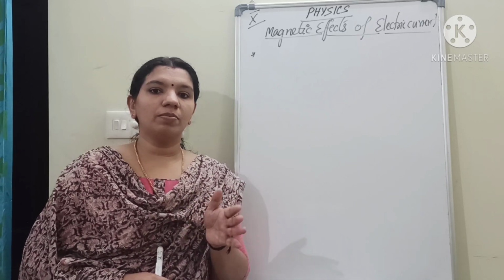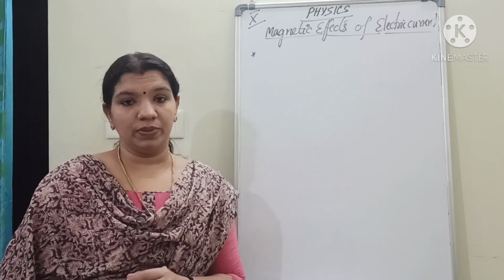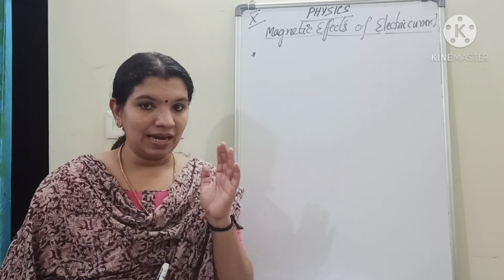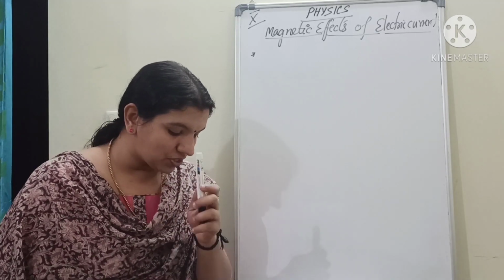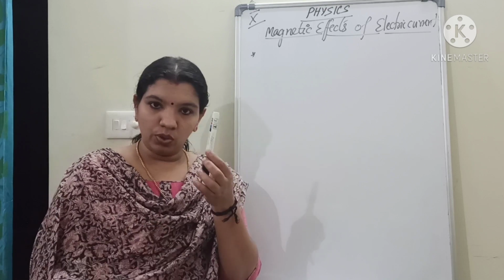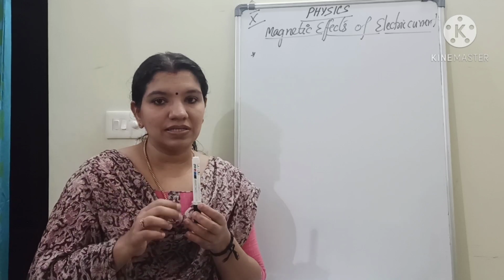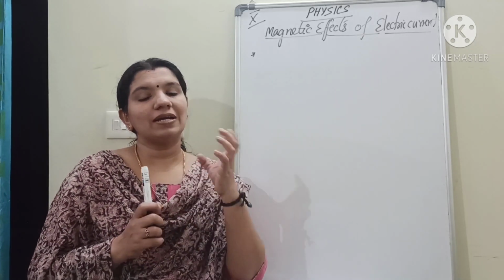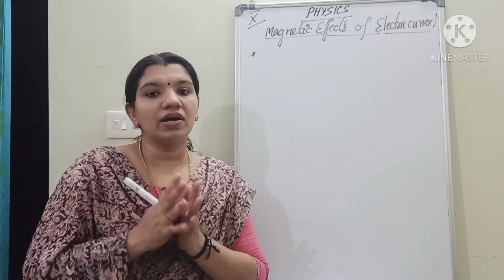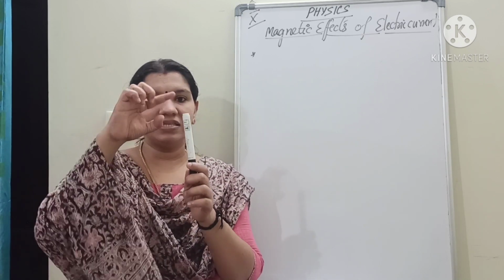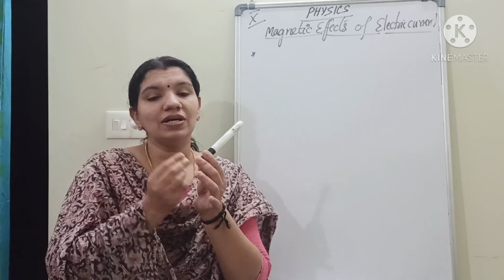Today we are moving to the next part, that is magnetic field due to a current carrying circular loop. In the last class we studied the magnetic field for a straight current carrying conductor. With our activity it is clear that we have concentric circles around it, which represent the direction of the magnetic field. Now if I want a stronger magnetic field, I have to bend this straight wire in the form of a circle.